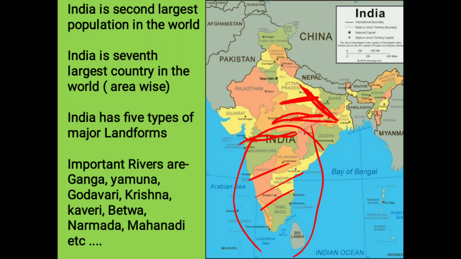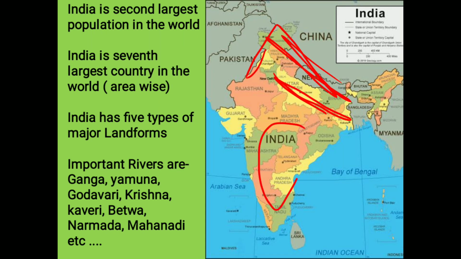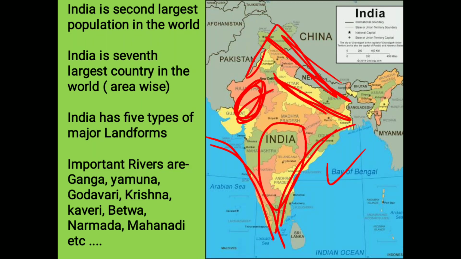Now again, we have learned about islands, the mountain region, and the northern plain. Now see, this is the northern plain, this is the whole mountain zone, this is the plateau region, this is the Thar desert, I mean the Great Indian Desert, and this is the coastal plain. This is the coastal plain, or we can say in Bengali, সামুদ্রিক জায়গা, ঠিক আছে, সমুদ্রের পাড় আমরা বলতে পারি.